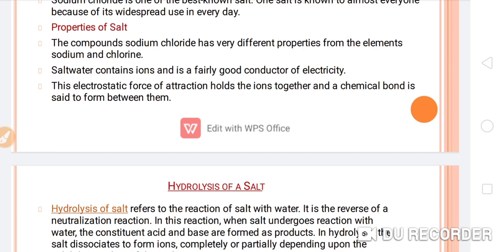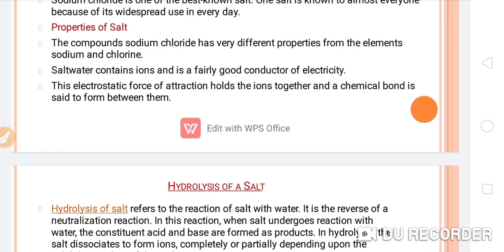Means when you use a salt solution and pass electric current through this solution, the current can pass due to the presence of the ions inside the solution. So when you dissolve the salt inside the water, it will dissociate into the respective ions, and these ions are responsible for the conductance of electricity in the